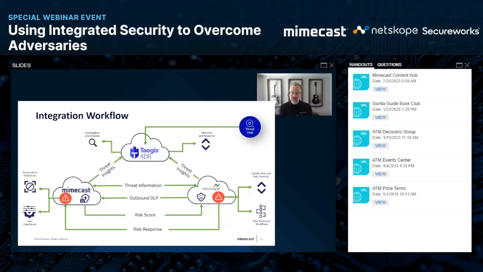We need to investigate deeper and possibly engage incident response resources to help evict a threat actor in the environment. And with the detection and response capabilities coming out of the platform, it allows us to perform containment actions in a variety of tools, including Mimecast and Netskope. But it could also be your EDR solution if you needed to contain a host for a more urgent threat to prevent that lateral movement.